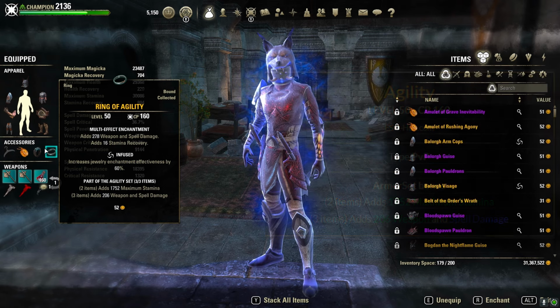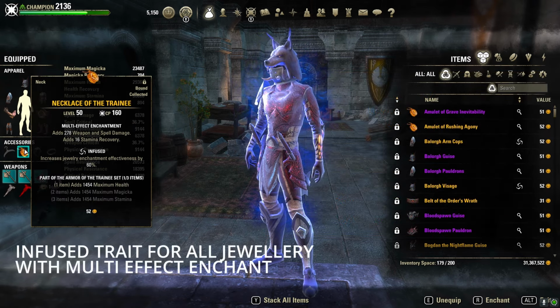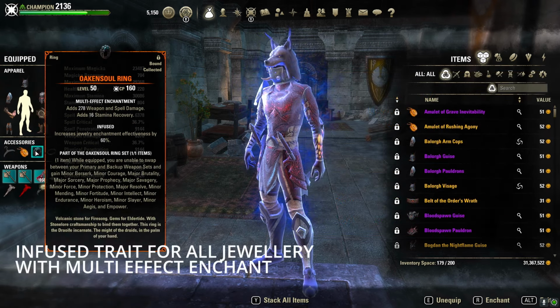Right, 1 piece would be trainee. This is standard, this is staple, so go for this. And then of course the mythic that I use is the Oaken Soul Ring, and I want to answer this